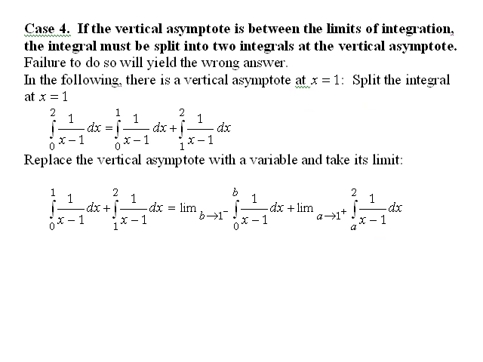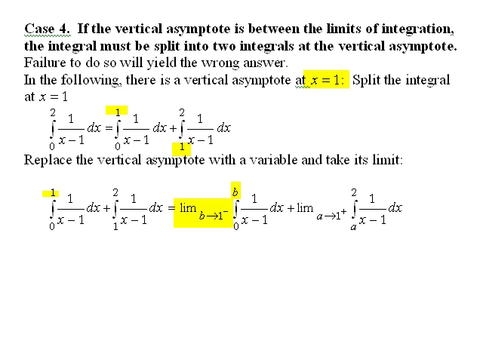And now we have the fourth and final case, where the vertical asymptote, or this infinite discontinuity, occurs between the limits of integration. You have to watch out for these kinds of cases because it's tempting to just say, oh, just carry out the integration, there's no problem at 0 or 2. But the problem remains that at x equals 1 you have an infinite discontinuity. So what you do in this case is break the integral into two pieces, but break it at that vertical asymptote of 1. Replace 1 with some variable b, and then take the limit as b approaches 1,